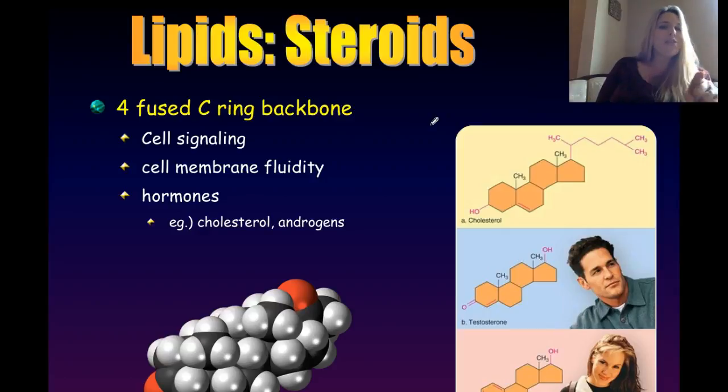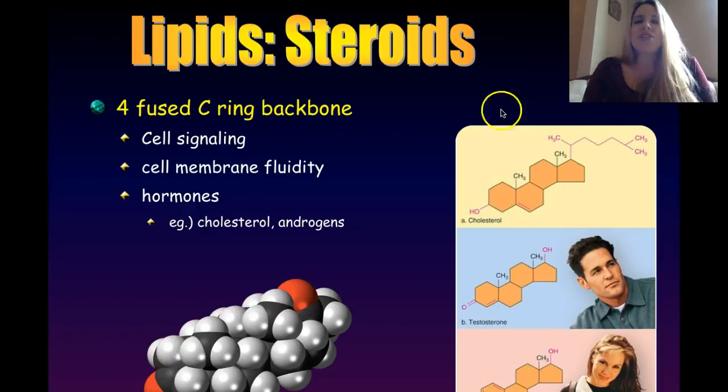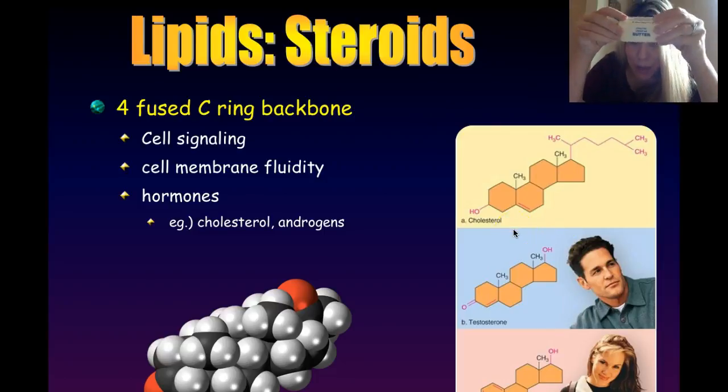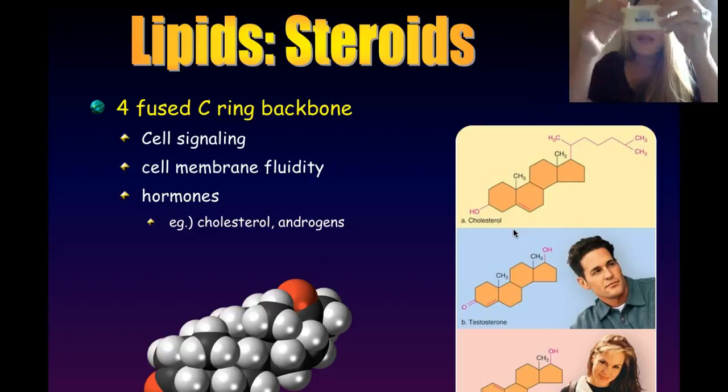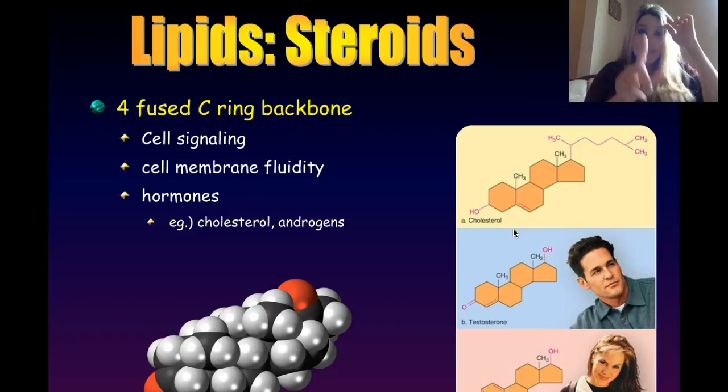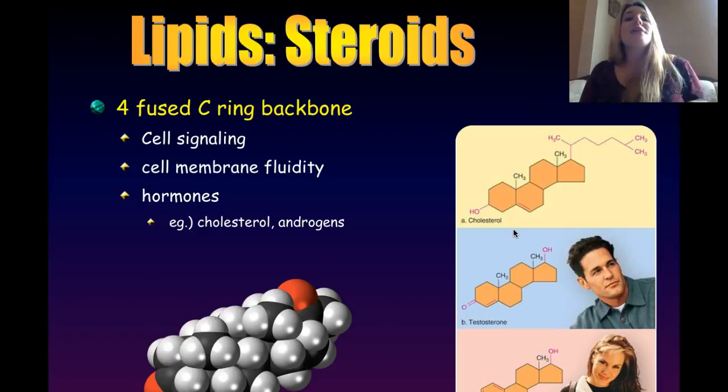And it may surprise you that not only testosterone and estrogen, the sex hormones for males and females respectively, not only those are hormones, but check this out, cholesterol. Yeah, the stuff that's in our butter. Remember butter? Butter. Better with butter. Yeah, cholesterol is a steroid, and in fact, cholesterol is the precursor compound to testosterone and subsequently to estrogen. So let's take a look at this.